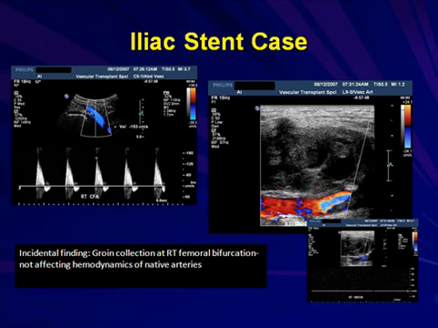As we went further down into the groin at the level of the femoral bifurcation, there was a large collection noted. This was measured. It was Dopplered to make sure that there was no flow within it, and this was probably associated with the original procedure at the time of stent placement, not affecting any of the hemodynamics of the